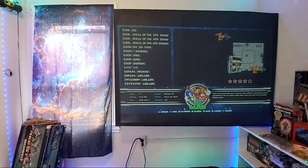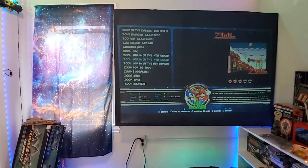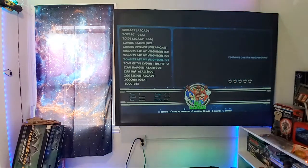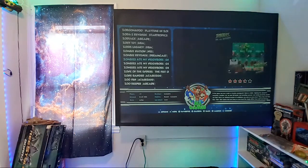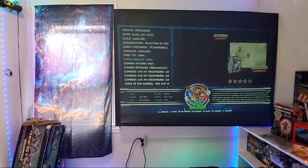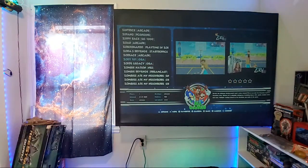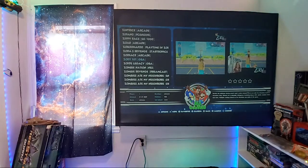Donkey Kong Country. Oh, that game drove me nuts. This is another good game. Zombie Revenge by Dreamcast. Yes, got a lot of zombie games on there. I like that, freaking cool. They got Power Stone on here, which I thought was pretty interesting. Usually you can never get Power Stone. And I got Power Stone 1 and 2 on my Dreamcast,